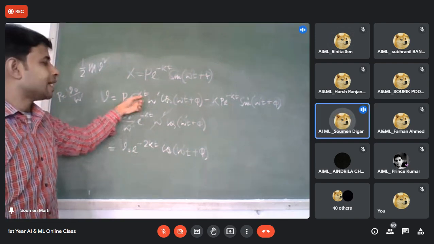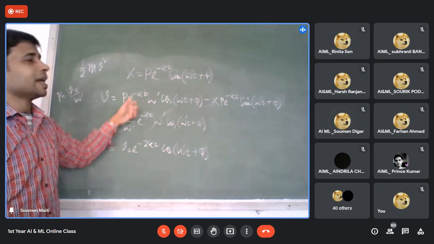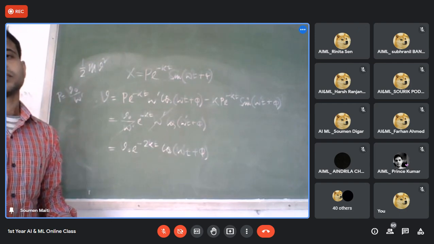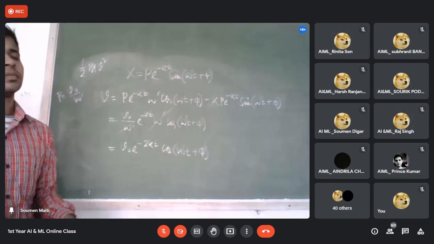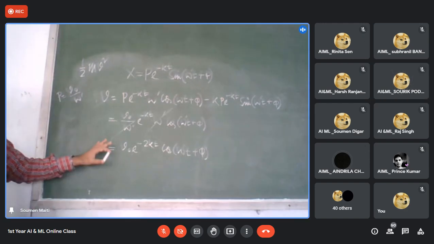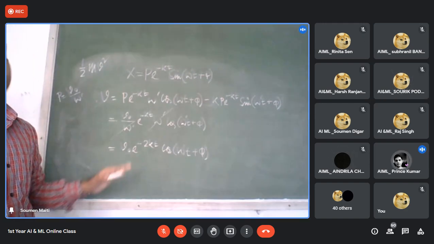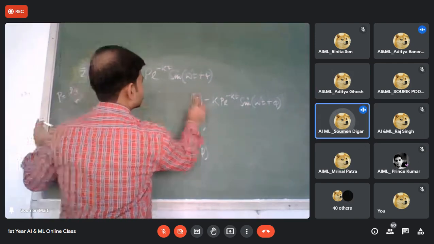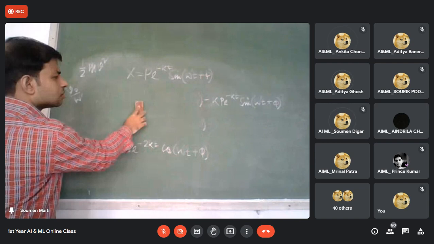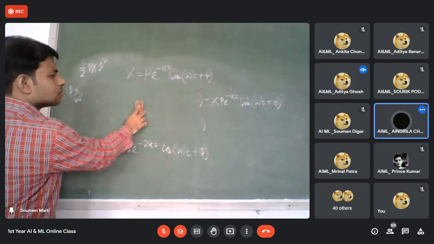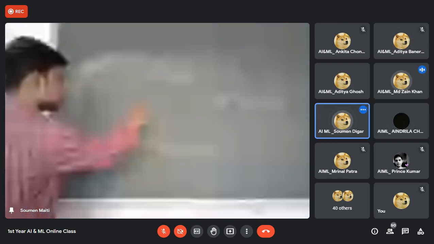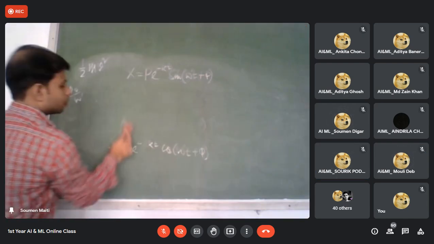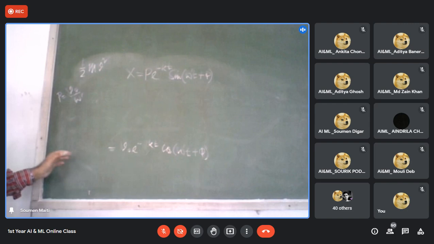The last line is e to the power minus 2kt as well, but the exponential of that part will increase, obviously. Is it clear how v equal to v naught e to the power minus 2kt is coming? Sir, last line, to the power minus 2kt. Sorry, it should be minus kt.